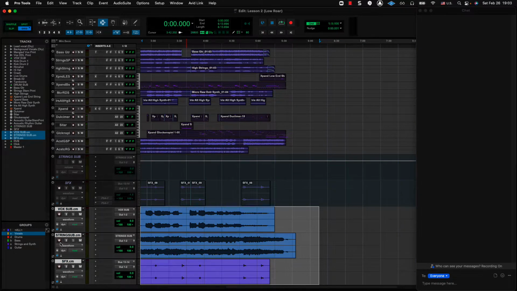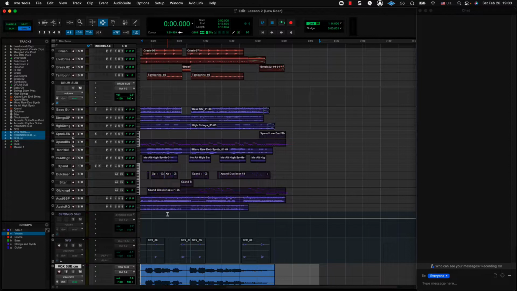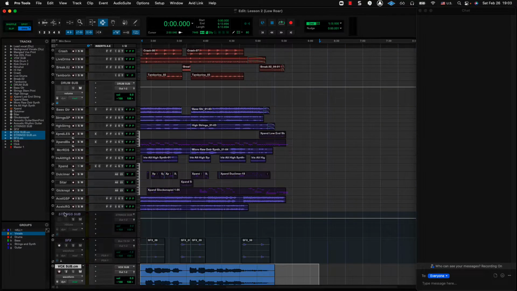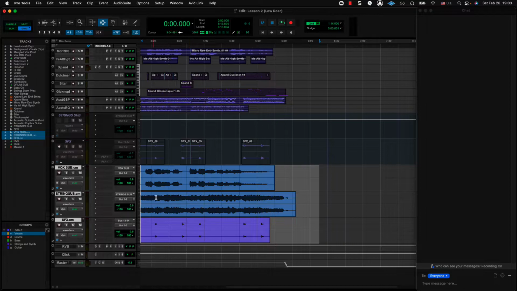Okay, so we've got down here, and it conveniently stuck them all down here, and you can see here that the Vox sub is now inactive, but it's not hidden. The string subs and the effects are all inactive, but not hidden. And here are the tracks that I had bounced. If I wanted to, I could consolidate them so they're all the same length, but I don't need to.